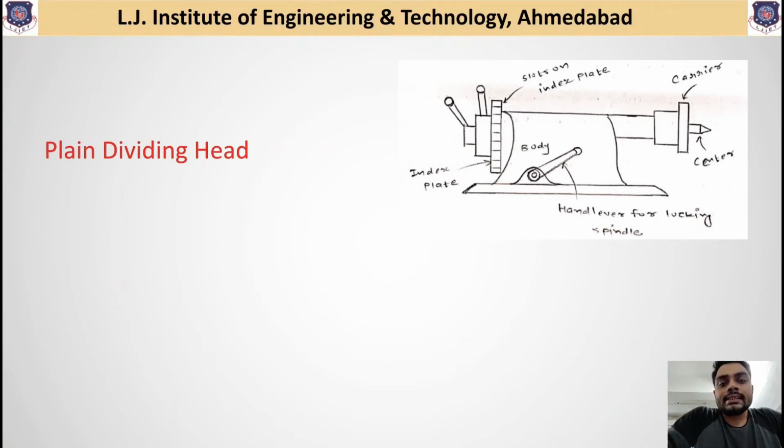The indexing plate available in this plane dividing head has 12 to 24 holes based on the requirement. So in this head only 12 to 24 equal divisions can be obtained. Suppose one wants to obtain maybe 48 slots, maybe 96, maybe 120 equal divisions on the workpiece, then how can those equal divisions be obtained? Equal divisions of more than 24 can be obtained using